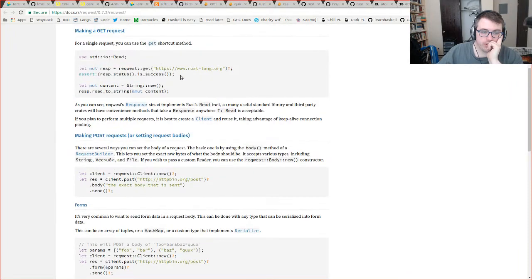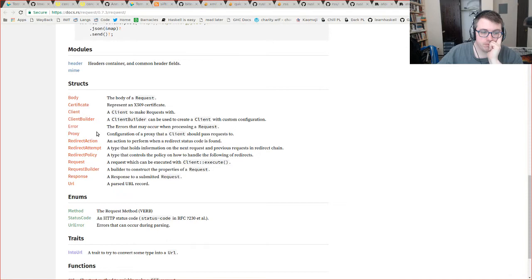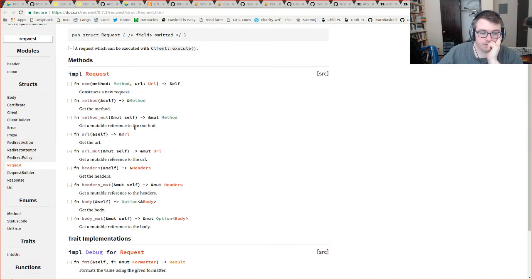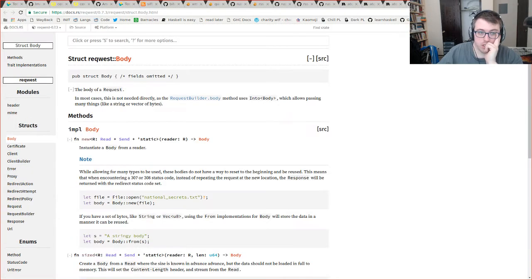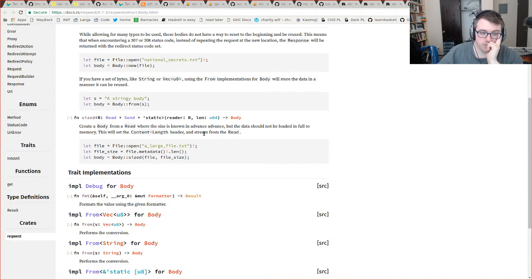Can I get the reader of the body instead of a string? Let's take a look. Body option reference body, and body is, I want to instantiate it from